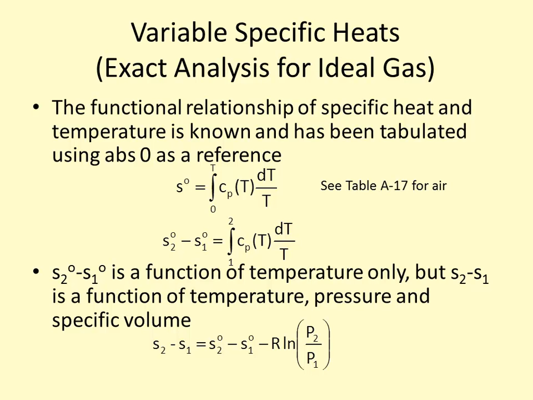Okay? So all we've done, or all we will do, is we will use these tabulated values of how the specific heat varies with temperature for a given substance. We have this value already tabulated, and we can use it to calculate what our actual entropy is if we know the pressure. Okay. So if we look at our tables in the back of the book,